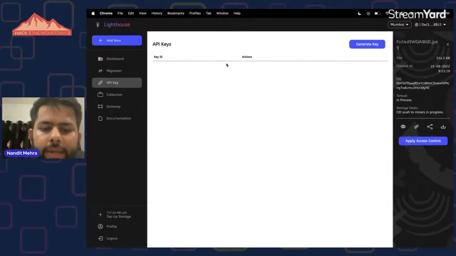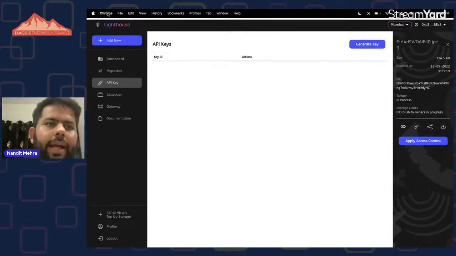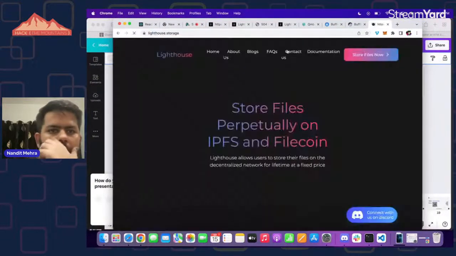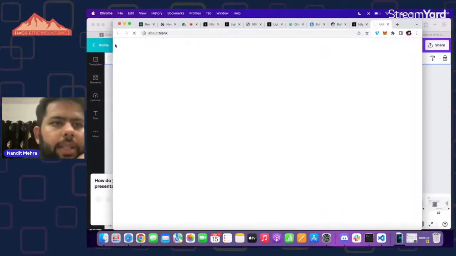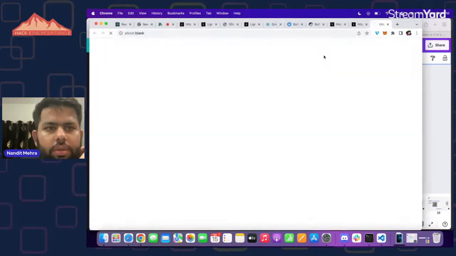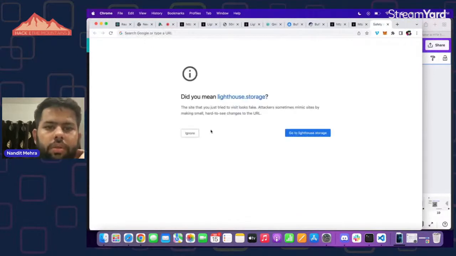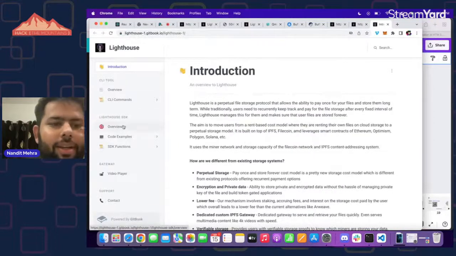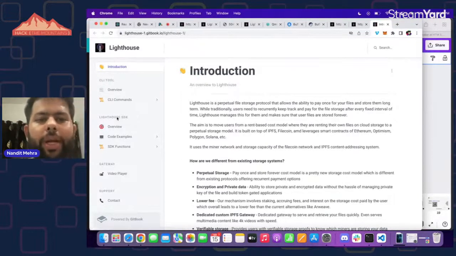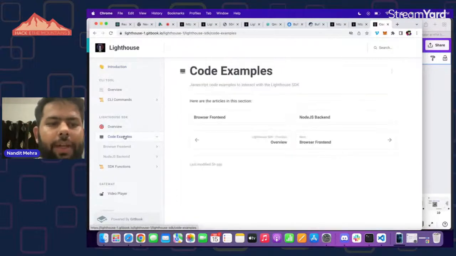So now let's move to something interesting. Let's move to actual live coding of this part. And going to this, let me hop into my documentation. Oh, seems like Google is blocking this link. Shouldn't happen. But yeah, so this is our documentation. You can find it on our main site. And the key thing that we want you to do in this hackathon is use our Lighthouse SDK, and you can get all the various code examples here.